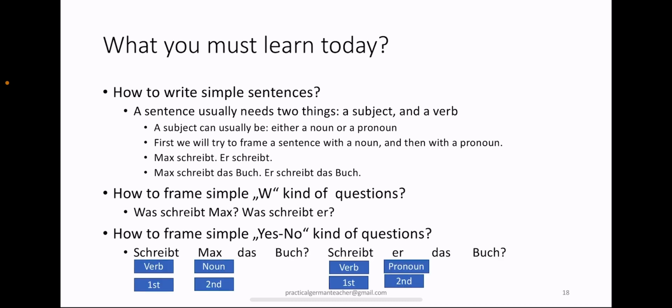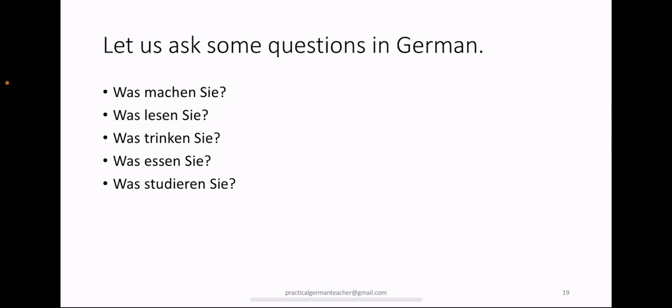The grammar is obvious to you, I believe. So at the first position you have the verb, at the second position you have the subject. Here they can be the noun or the pronoun, and after that you have the object just before the question mark. All right, let us see some questions that you can already ask with